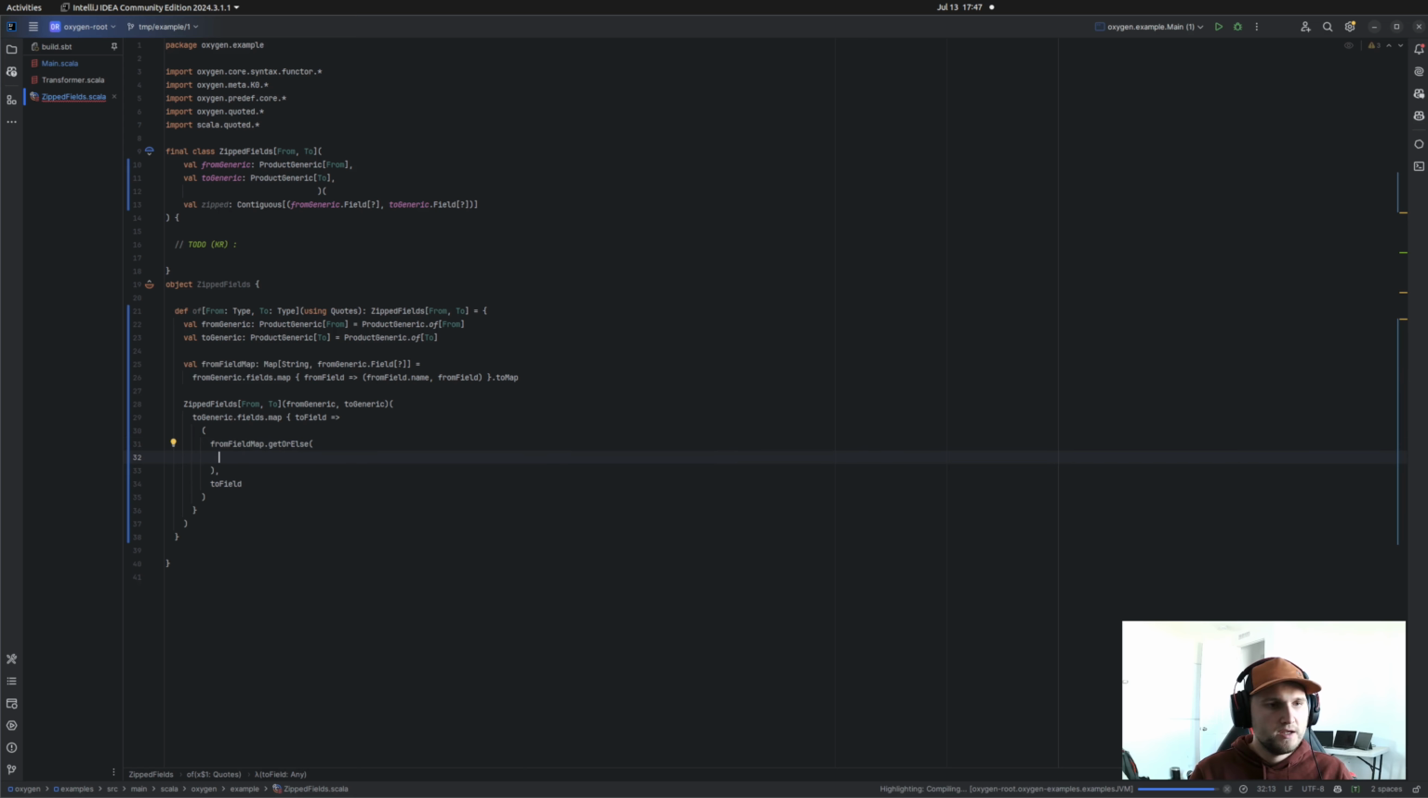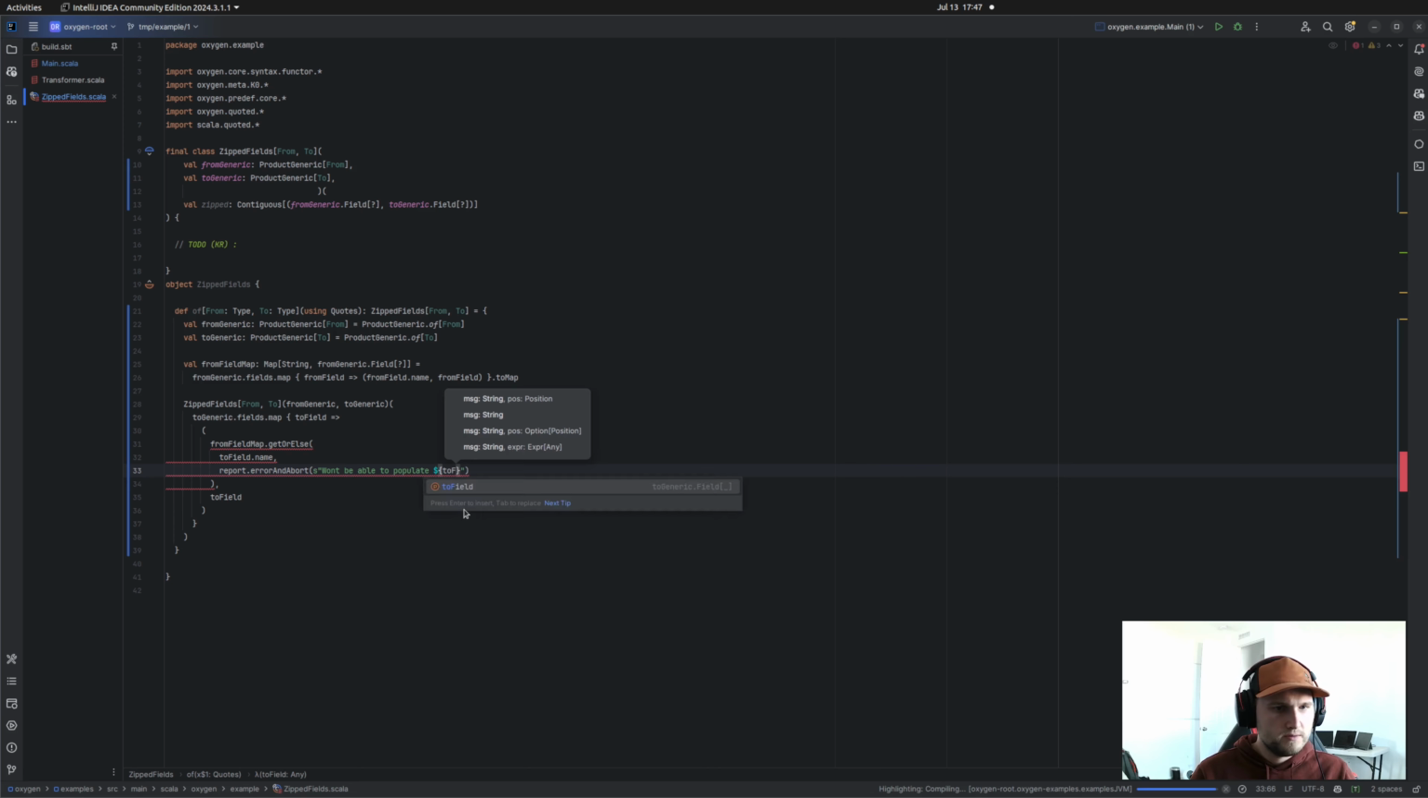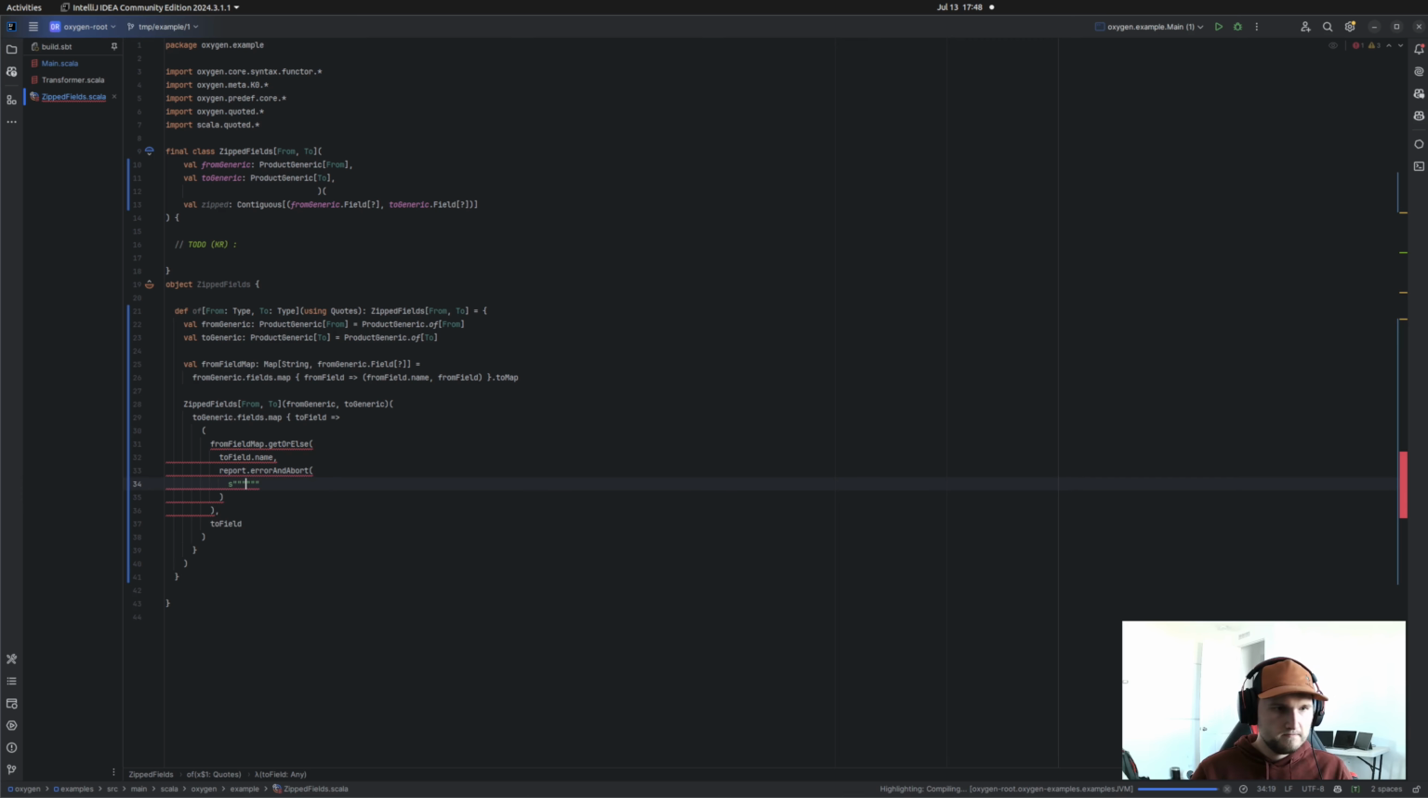or else. And what do we want? We want 2 field that name. And if not, we're just going to error. Okay, what are we going to error? I'm going to say won't be able to populate 2 field in code, because from